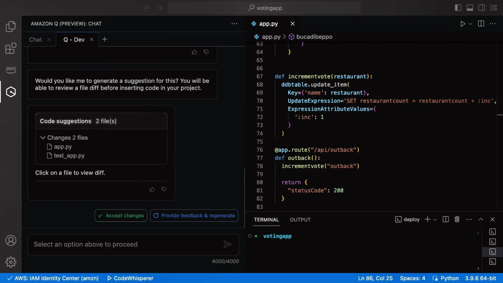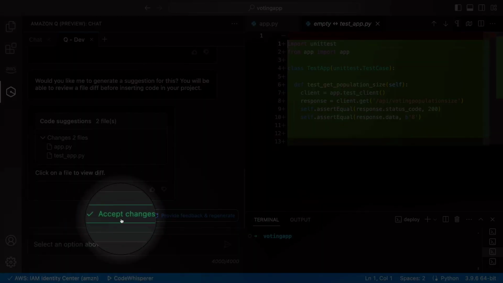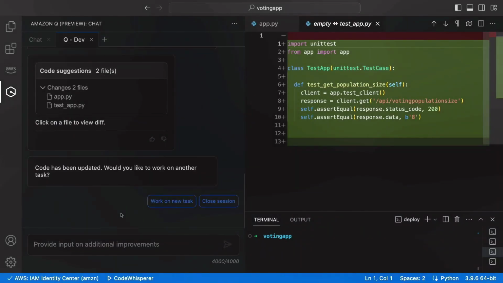Here's the idea. You describe what you want. So what you saw, the first thing that happened was the description into the chat modality of Q, right? So you have a chat interface for Q. You describe what you want to do, and then the first thing that happens is we analyze your request, look at the code you have, and come up with a plan. So Q comes back and says, OK, based on your request, here are the things I'm going to go do, and gives you a plan.